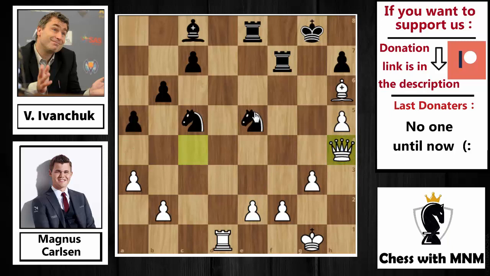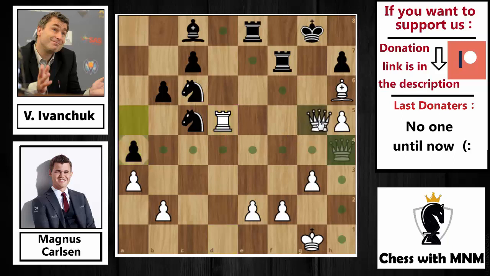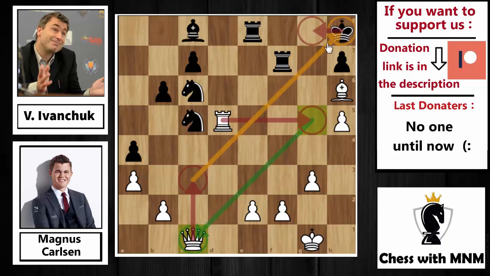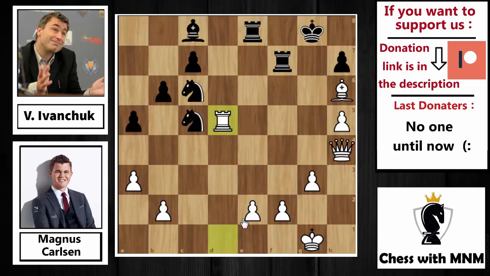So here Ivanchuk played knight back to c6. Okay, knight back to c6 by Ivanchuk, and now rook to d5. The threat here now is if you play anything again like a4, then queen to g5 will be a threat. If you move your king, then queen back to c1. The idea here, I will play simply rook to g5, and then queen to c3, a check. Your king cannot go to the g file because my rook is controlling that file, and it will be too hard for the black to prevent this threat. So for this reason here, after rook to d5, Ivanchuk played knight to e6,